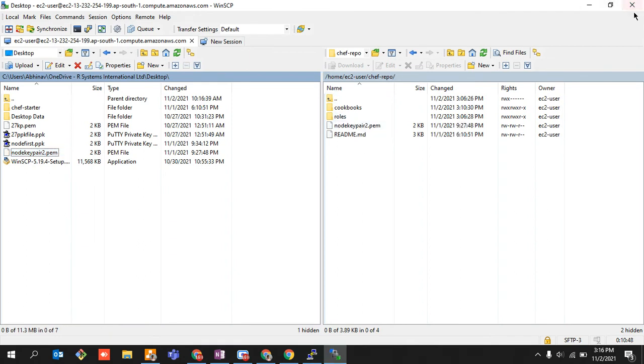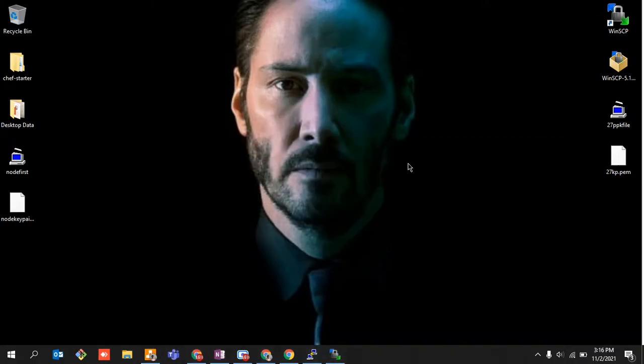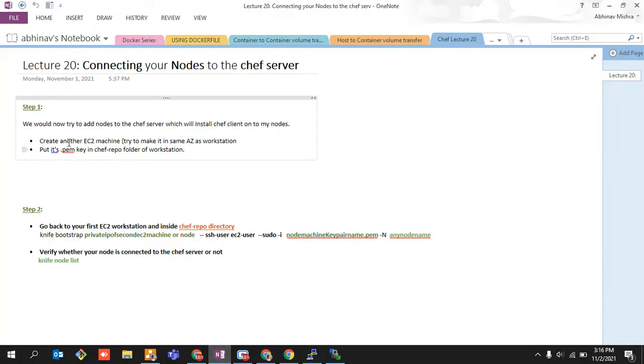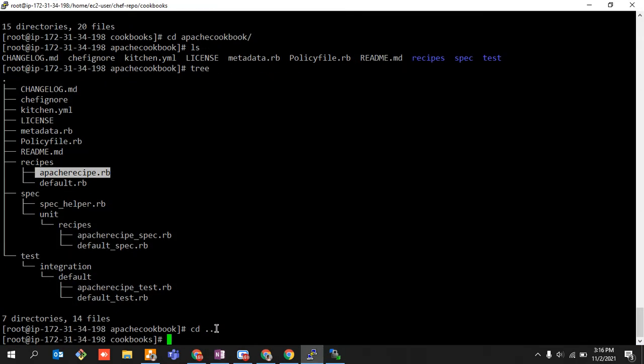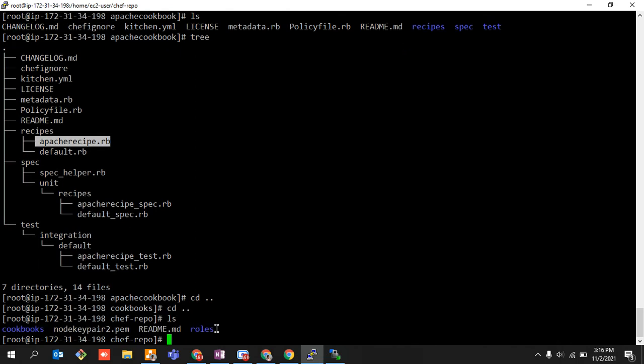So I've transferred the file to the chef repo. Again, this part has also been done successfully. I've created my EC2 machine and I've transferred the .pem file of this machine onto the chef repo folder of my workstation, right? So you can check it onto your workstation whether it got transferred or not. It got transferred, right? Node Keeper 2.